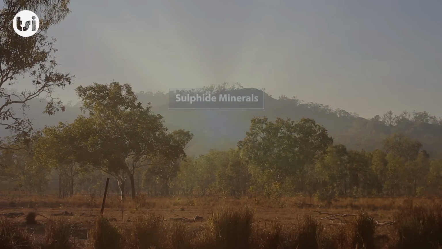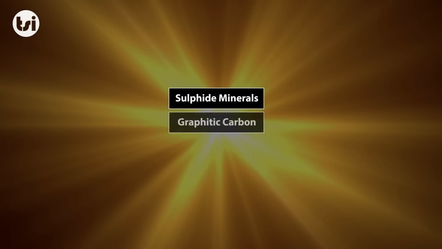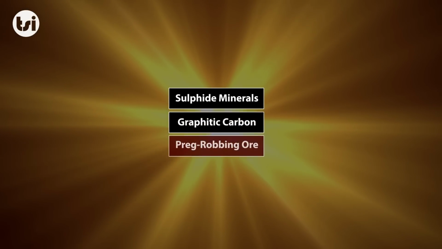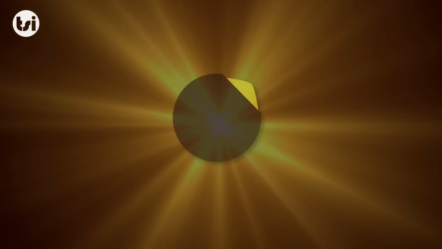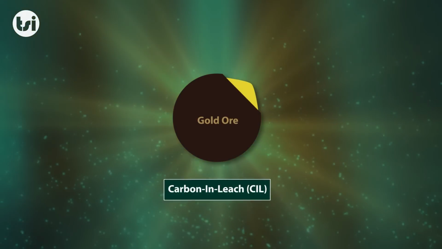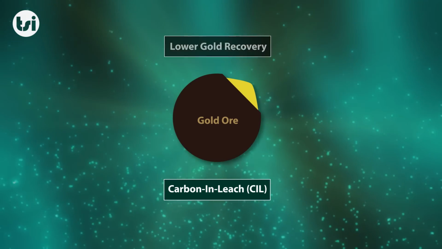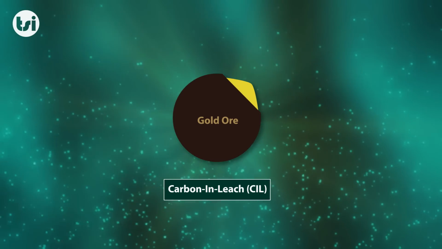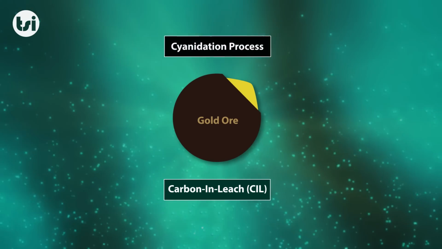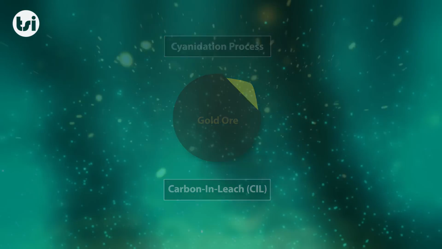The ore at Mount Bundy contains carbonaceous material, otherwise known as Preg Robbing Ore. This means that if ore from Mount Bundy is processed through a standard carbon-in-leach facility, gold recoveries would be lower than expected. Typically, when gold is recovered in a standard CIL facility, during the cyanidation process, reagents dissolve the gold